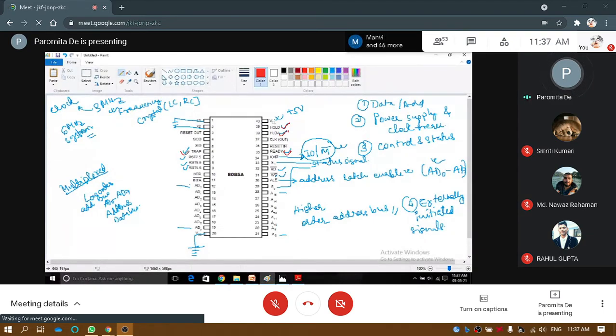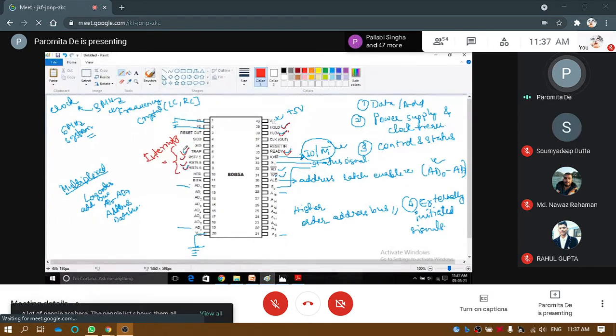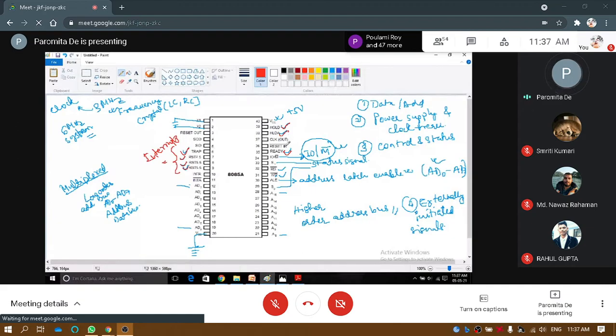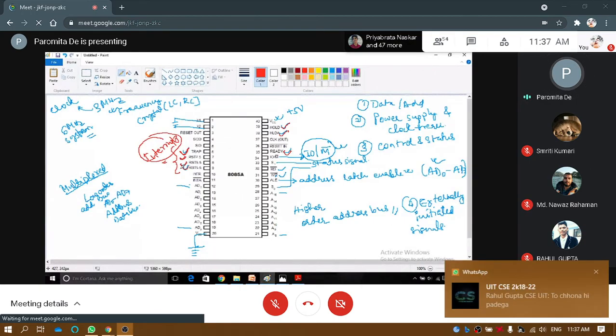So what is this trap? These are called interrupts. When some peripheral wants to communicate, it has finished calculating something, so it wants to tell this MPU, I finished calculating, now you have to take my result. So it will interrupt, and the microprocessor unit has to listen to it. In this, there is priority. What happens if all these interrupt together? Then first priority is with trap, then RST 7.5, then RST 6.5, RST 5.5. There is priority here.